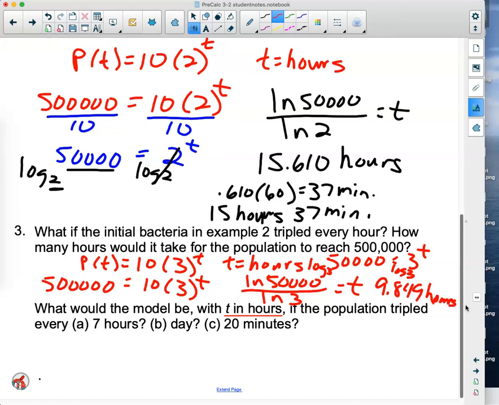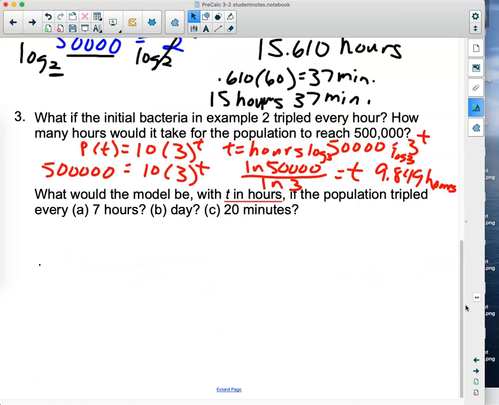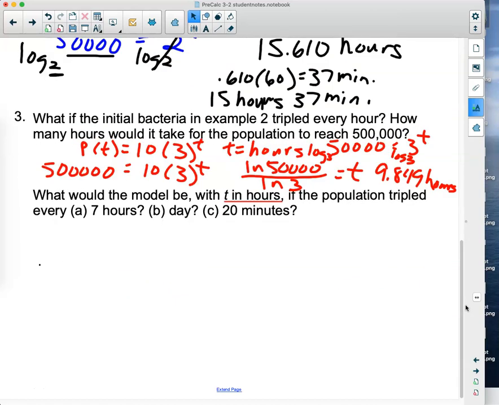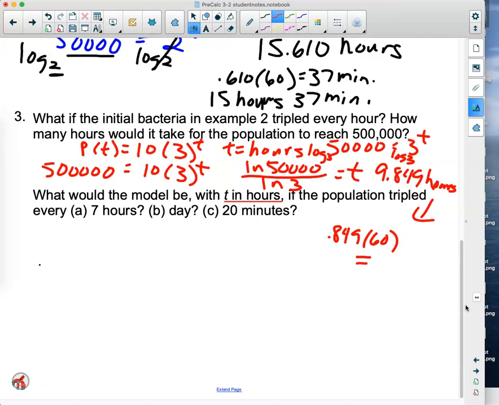Now, if we wanted to know specifics again, we would take our little 0.849, move this down, can't take it without the other one, times 60, and we could get that into minutes, and that will be about 51 minutes. So 9 hours,